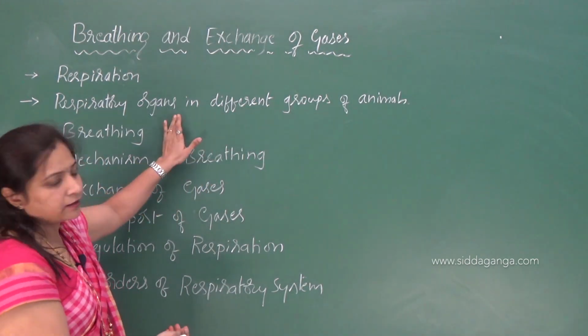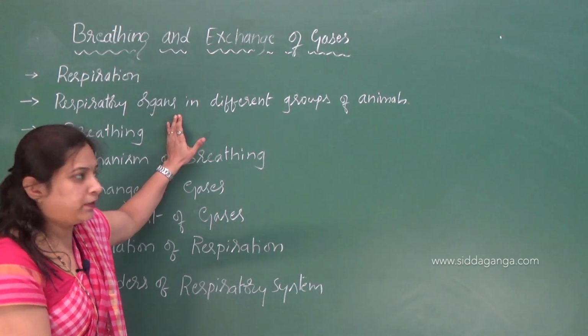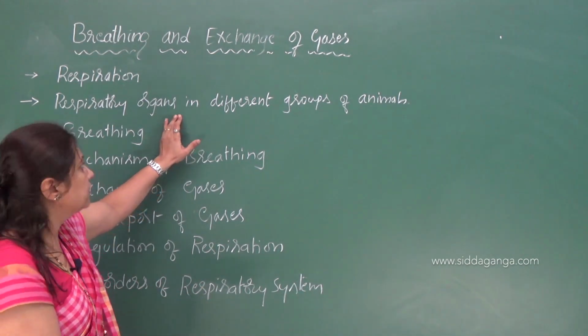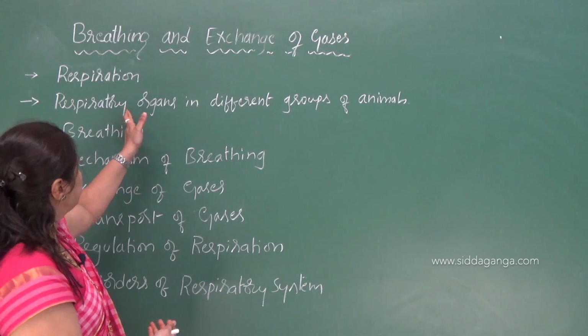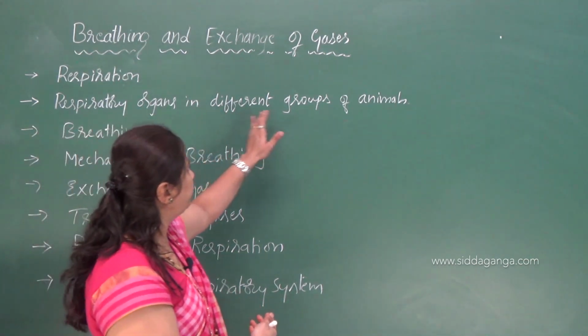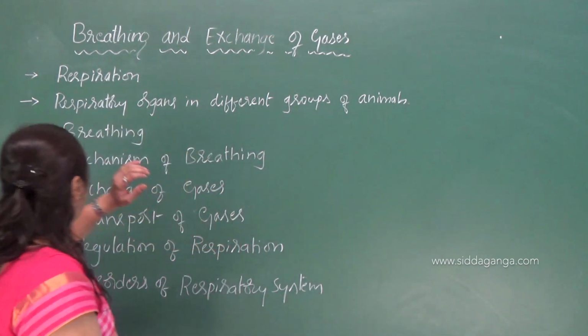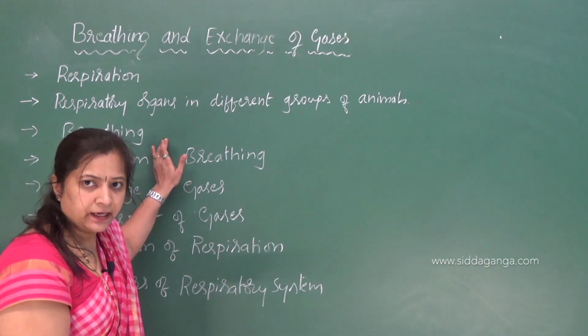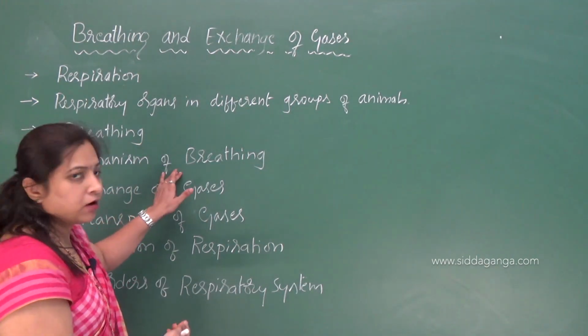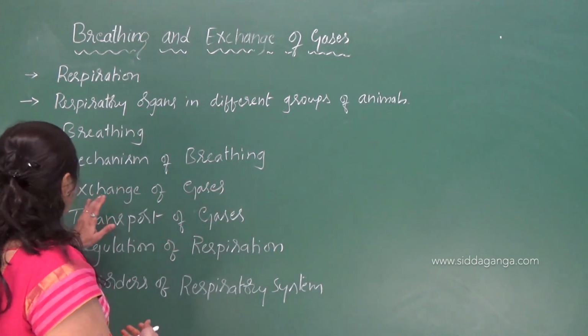The organs which are meant for respiration are called respiratory organs, and you are going to learn the respiratory organs in different groups of animals and what is breathing, mechanism of breathing, and exchange of